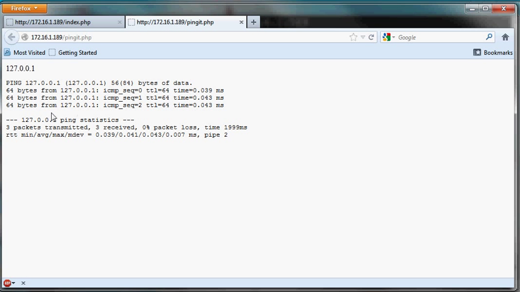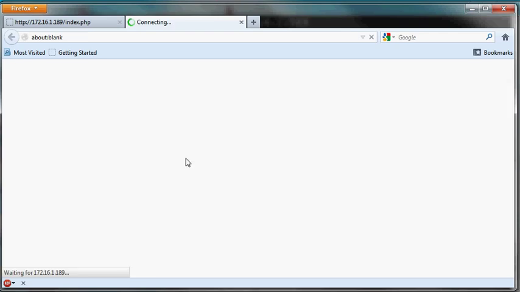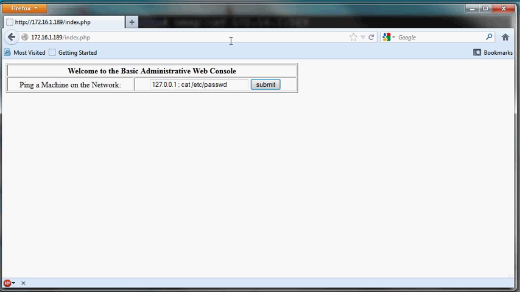Okay, so that works. In order for the developer to be able to do this, he must be using one of those system call functions like exec, system, eval, passthru, one of those. So that means that if he didn't properly sanitize the function, we might be able to run something else as well, like this. Yes, that works. Okay, so at this point we can upload our shell to the server,